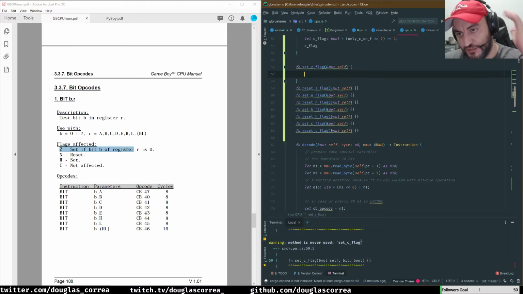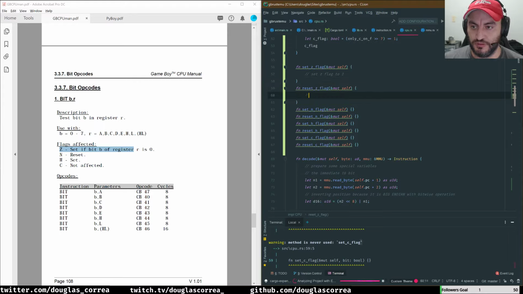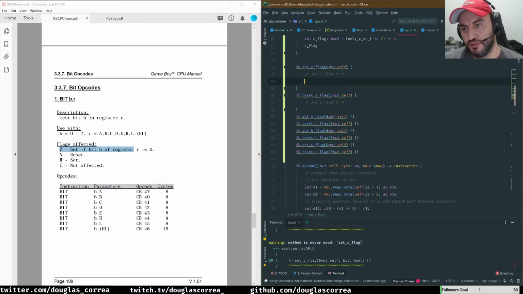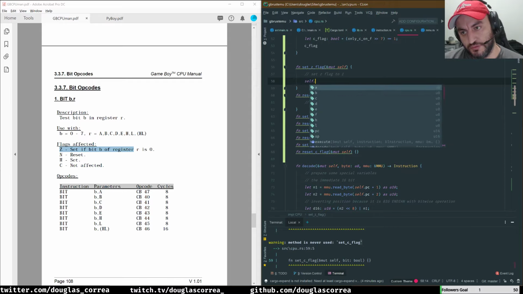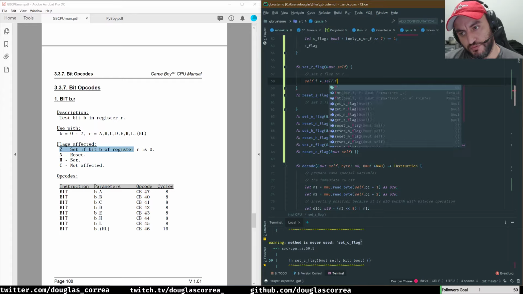So okay, in this case I need to put 1. Set Z flag to 1. I will just put this here. Set Z flag to 0. Okay, no problem. So how to set? I can do this: self F equals to self F